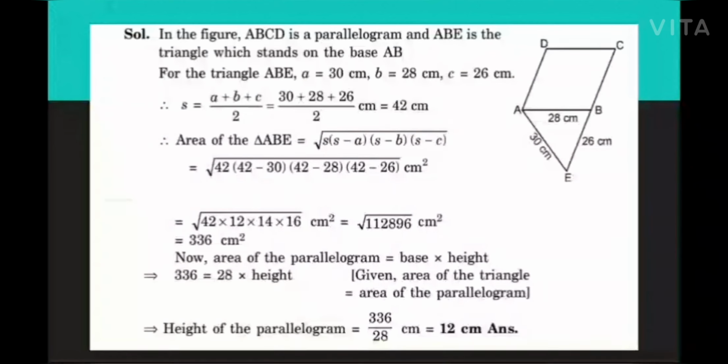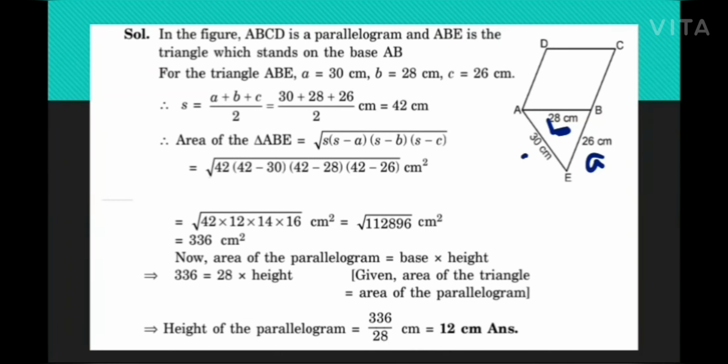Now I'll discuss question number 5. The question is, a rhombus shaped field has green grass for 18 cows to graze. If each side of the rhombus is 30 meter and its longer diagonal is 48 meter, how much area of the grass field will each cow be getting? Okay, let's check the solution.